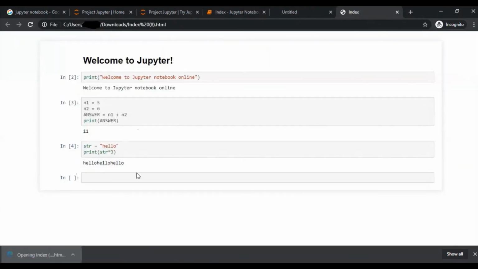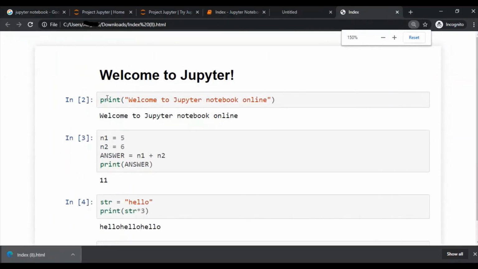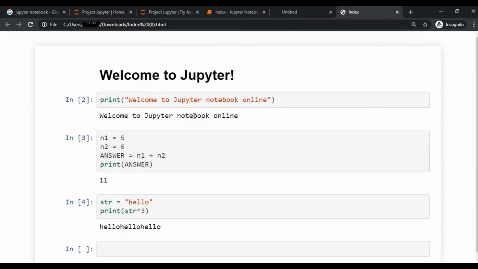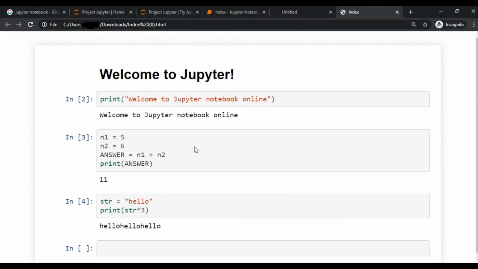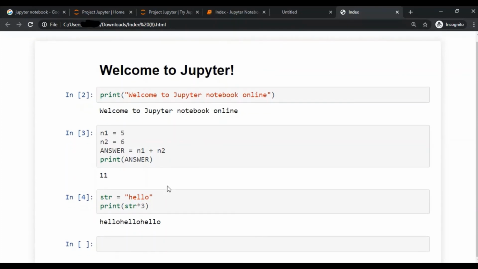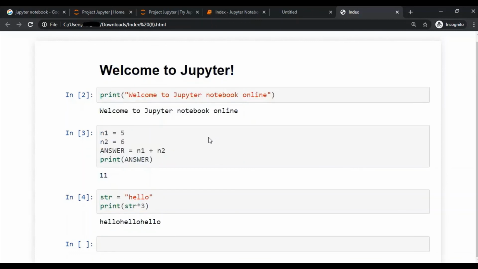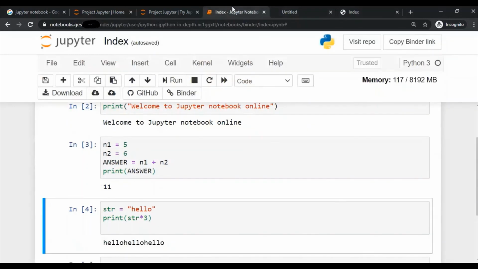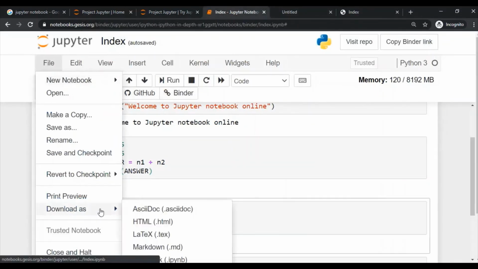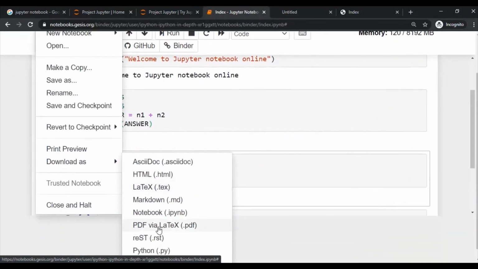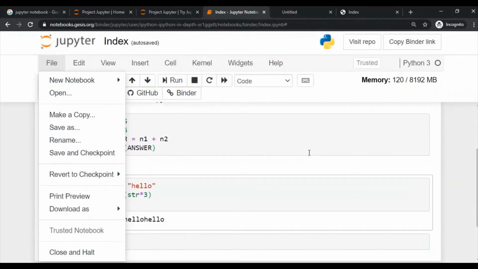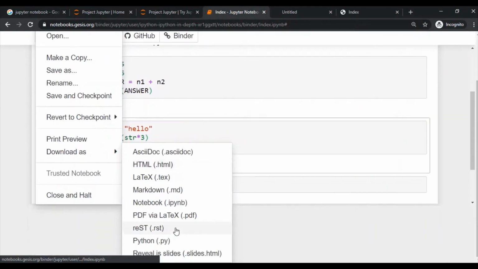When I open this, see, I will get all the cells which we are executing on this Jupyter Notebook Online, which are saved as HTML in our local system. So at a later stage we can refer to this documentation for practice purposes also. So this is really very interesting. You can also download in various formats. You can download in different formats including PDF also and including notebook file also. Even you can download as a .py file, Python file.